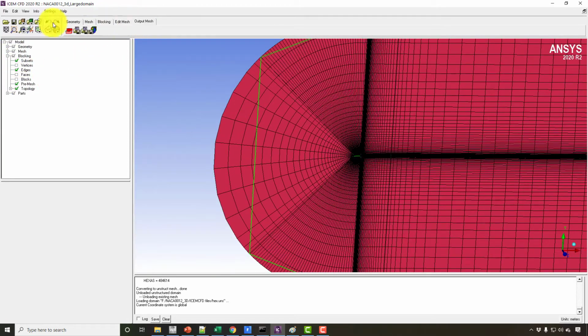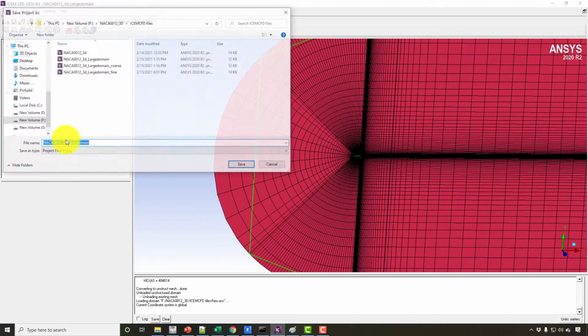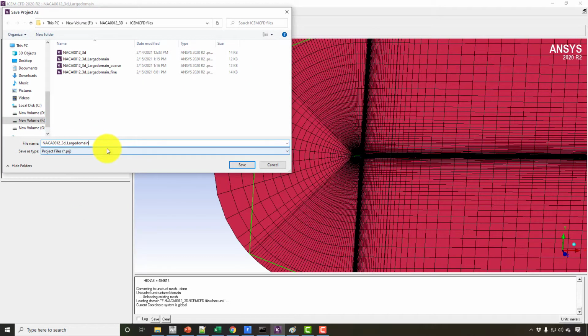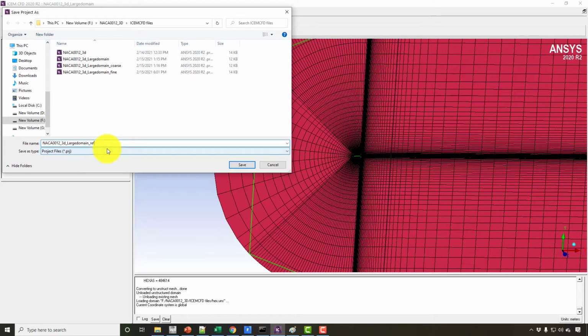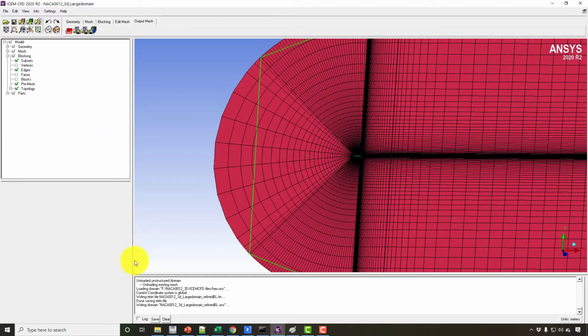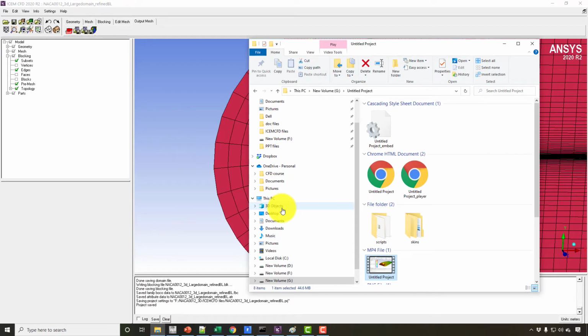Okay, so I'm going to save this file as large domain, refined boundary layer. In all the new files I will put the same name here.